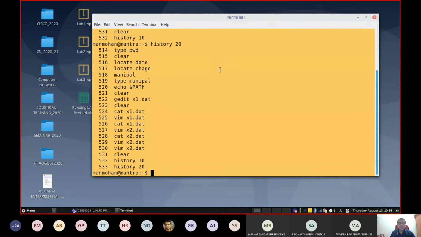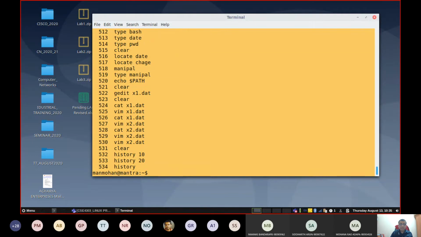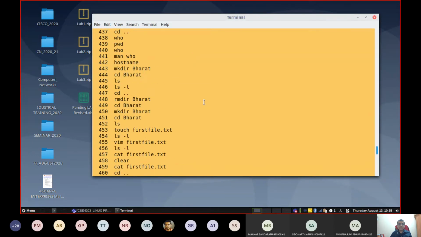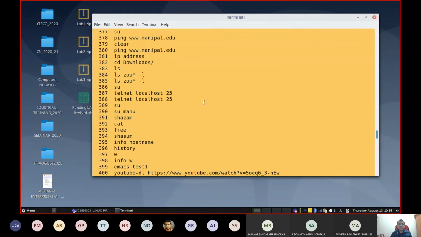this is a very useful command. Sometimes if you want to find out what commands I worked on today, you can always get it with history. So the Linux shell can remember all the commands you worked with on your machine. If you say history without any option, it will display all the commands actually from day one, the different commands you worked.